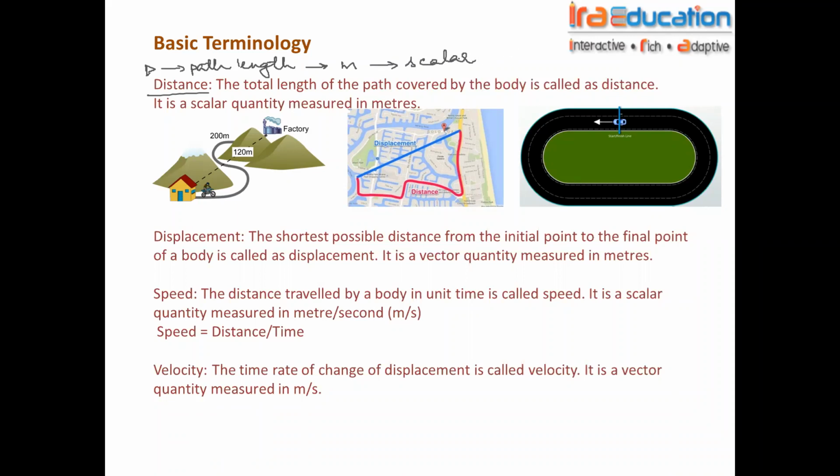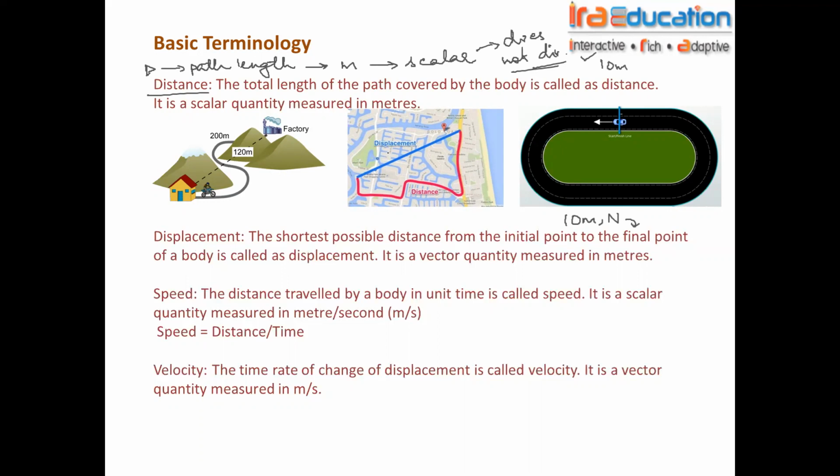It's a scalar quantity. A scalar quantity is any quantity which does not have direction, but has some magnitude. So I'm saying the body has traveled for 10 meters. I'm not mentioning any direction, so this is a distance. If I'm saying the body has traveled for 10 meters north, I'm mentioning direction, which means it is a displacement. Displacement is a vector quantity. First of all, understand that.